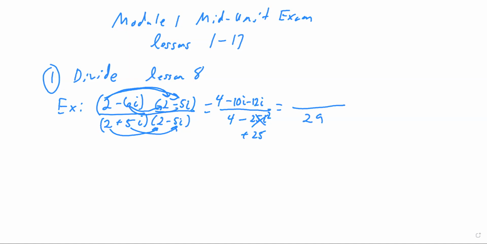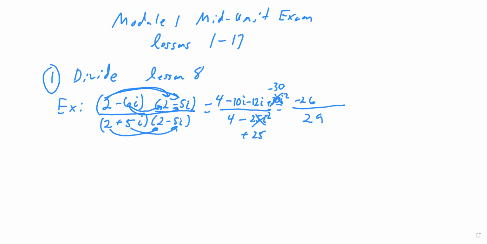Negative 6i times negative 5i. 30i squared. And then that 30i squared will become a negative 30. Do make sure you write the answer in the correct form where the real number comes before the imaginary. So 4 minus 30 is